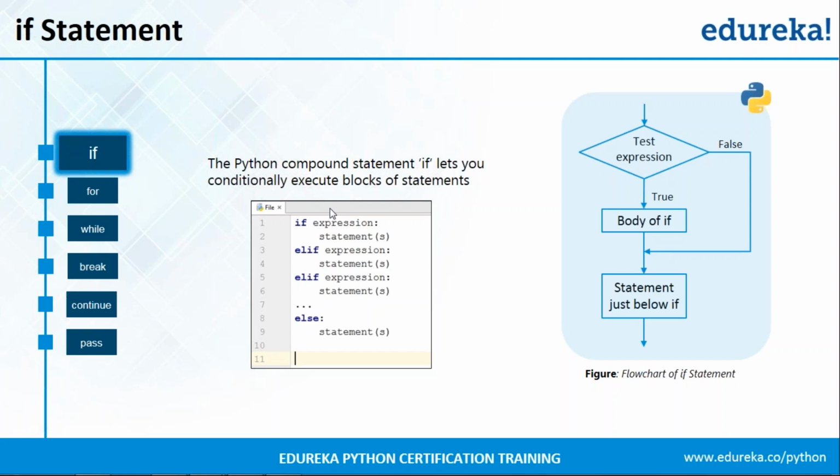So there are three kinds of if statements. The first one is the simple if. You only write if, the expression or the condition, and the statement that it should execute if the condition is true. And there is another one called if and else: if you mention a condition and it's true, it will execute the block of statements after that, and if it's false, it will execute a default statement after